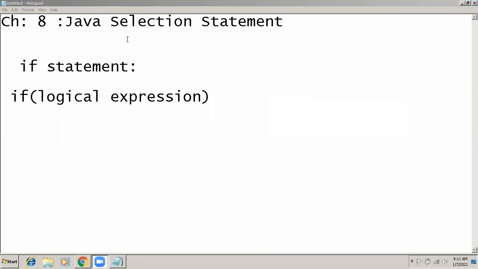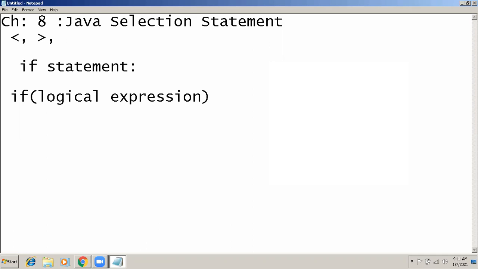If I am saying logical expression, it means you have to use comparison operators like less than, greater than, less than equals to, greater than equals to, equals to, and the last one will be not equals to. So using these operators, you can make logical expressions.